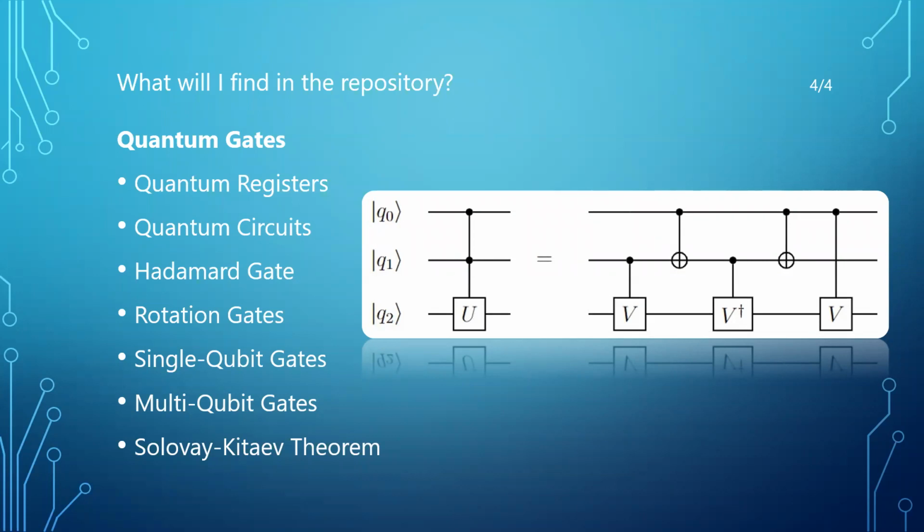Finally, this work is rounded up by the Solovay-Kitaev theorem that allows us to answer a critical question in quantum computing. This question is, can we have a finite computational universal set of quantum gates? This is really relevant because that would allow us to implement physically only a finite set of quantum gates and build up all others upon this computational universal set. So if you want to know the answer, please take a look at these notebooks and discover it by yourself.